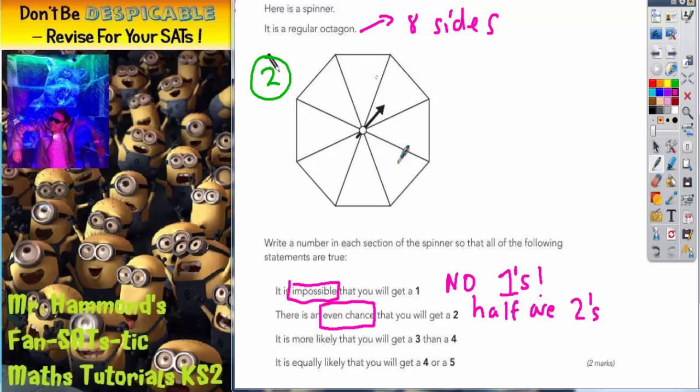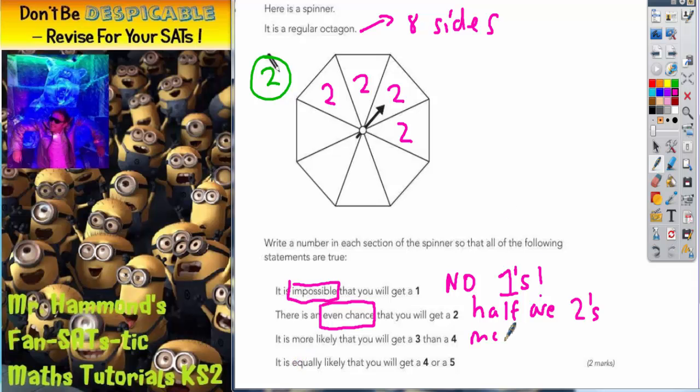Now, if there are 8 sections altogether, half of them need to be 2s, so we can just write 2 on half of them. It doesn't matter which 4 of them we write it on, but I'm just going to keep it simple, so we're going to write 2s on these 4 together, and that's half of them are 2s. The next 2 statements say it is more likely you'll get a 3 than a 4,